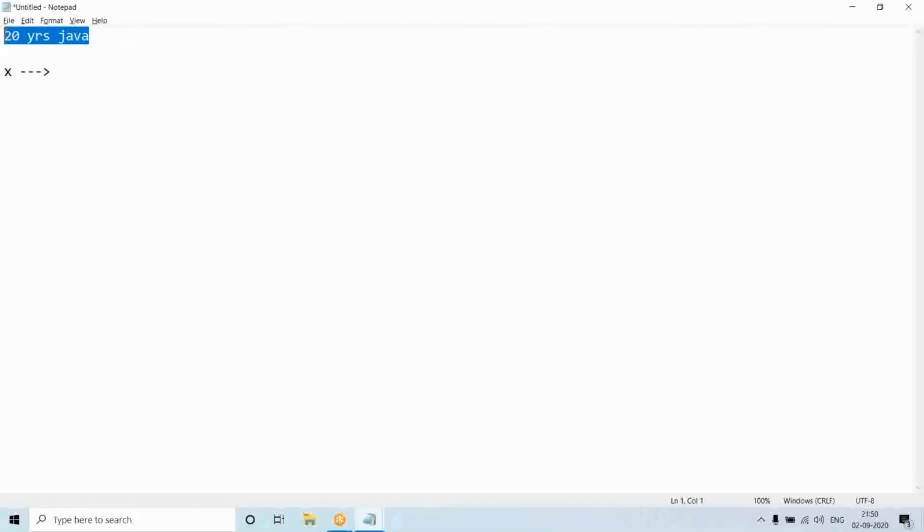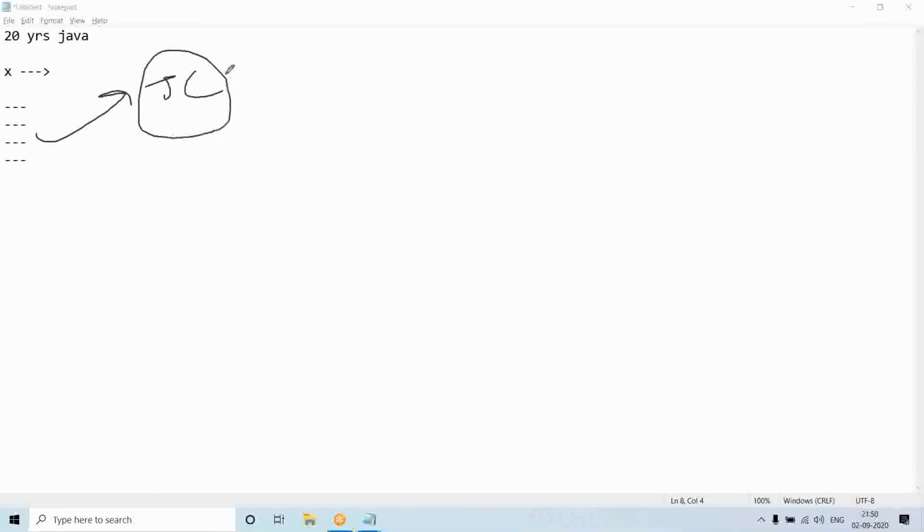As I am very good in Java, I write the code for that feature and contribute that code to the Java community. So from now onwards, in Java, one feature got added, that is nothing but X.